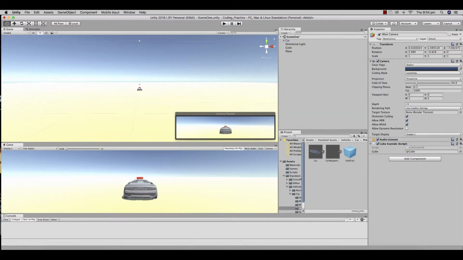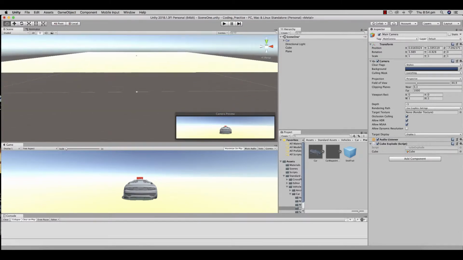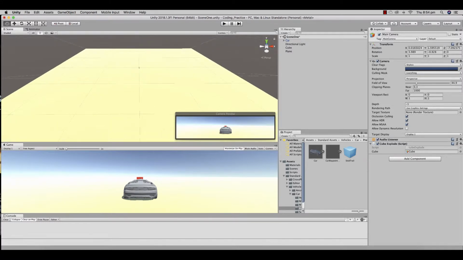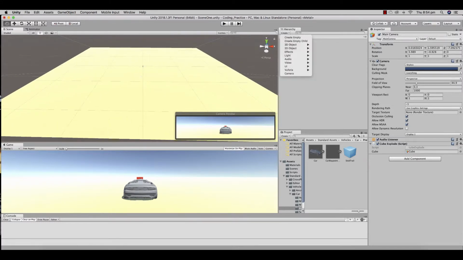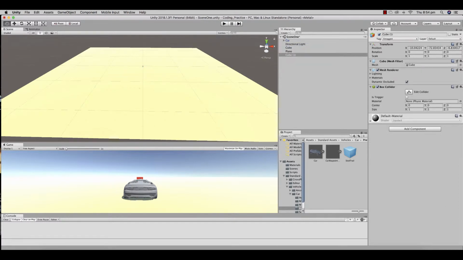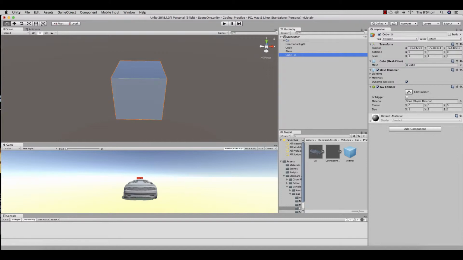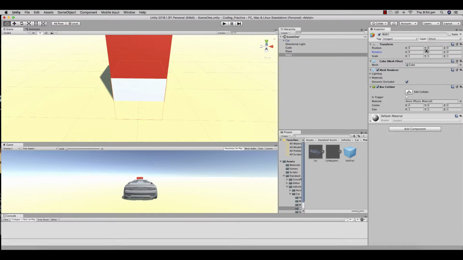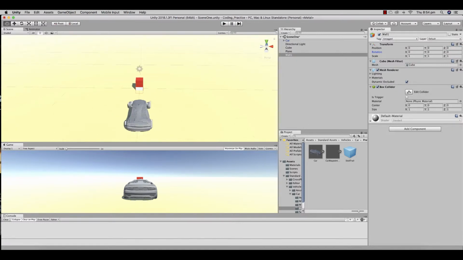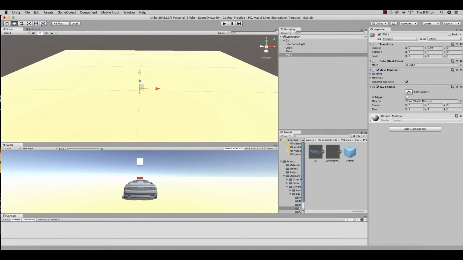So now what I can do is zoom right out of my scene, and arrange it. I might create a new 3D object. I'm going to call it wall 1, and I'm going to set its X, Y, and Z to 0. And I can see here it is now right in the center of my scene. Using my transform tool, I'm going to transform its position. Then I'm just going to drag it out